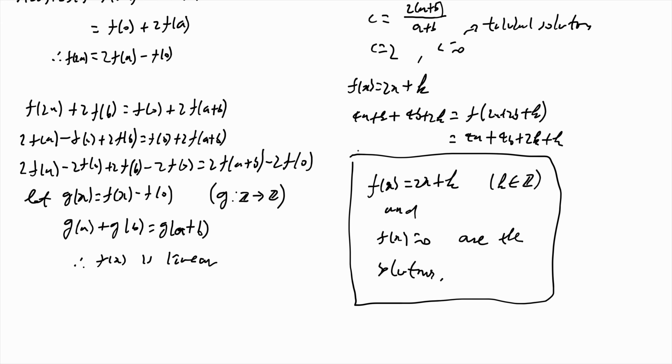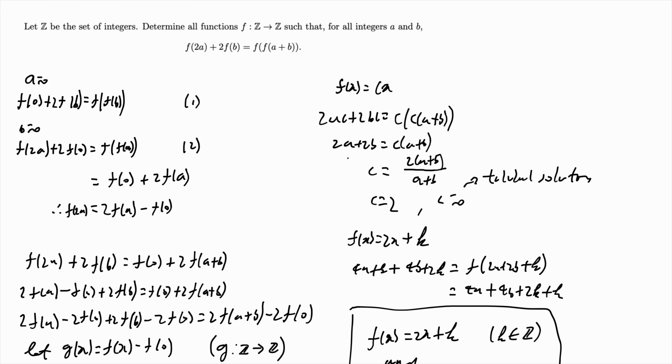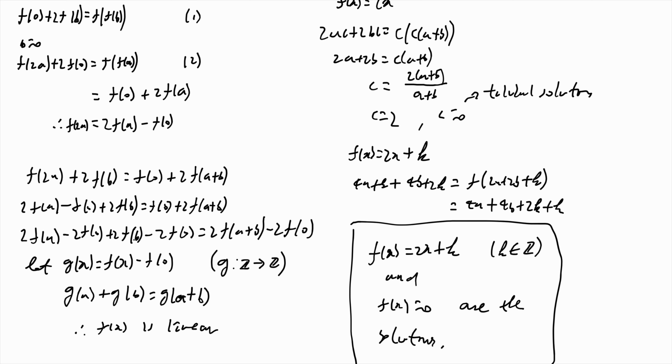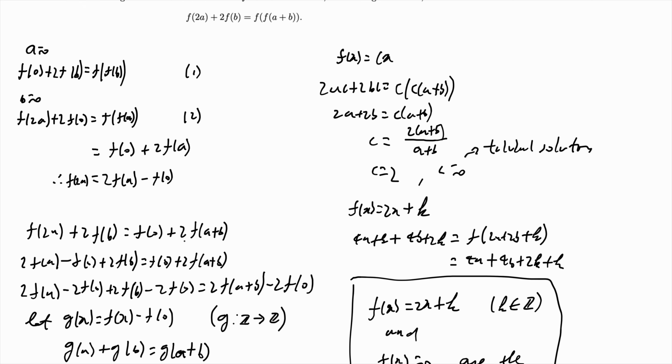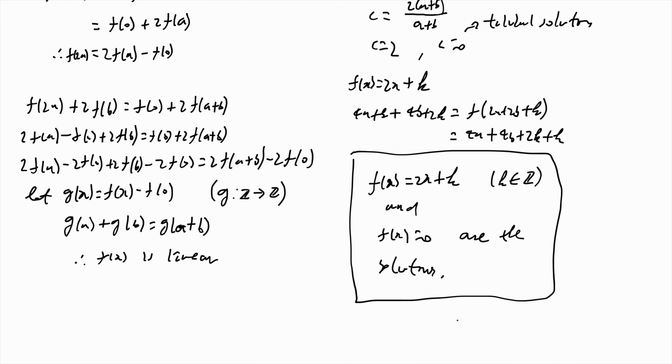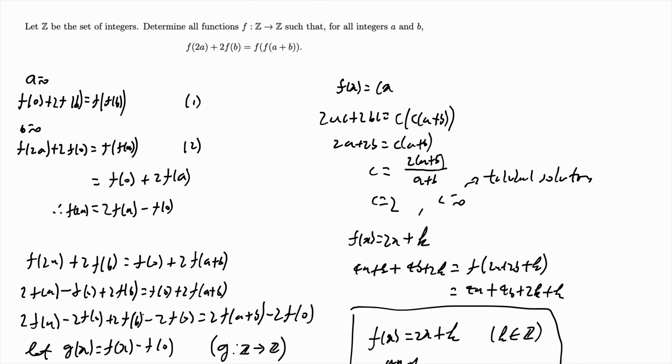Now let's investigate this slowly again. Here we just proved that f(x) is linear, so that's great. Now how do you know that this is our only solution? Because we know that f(x) must be linear, we know that every equation is in the form